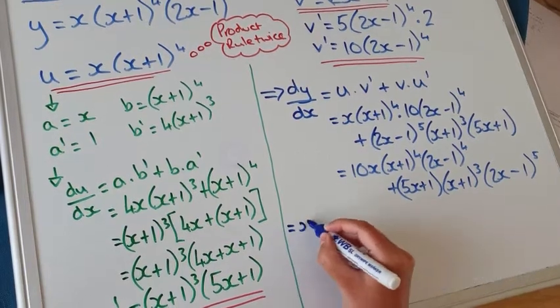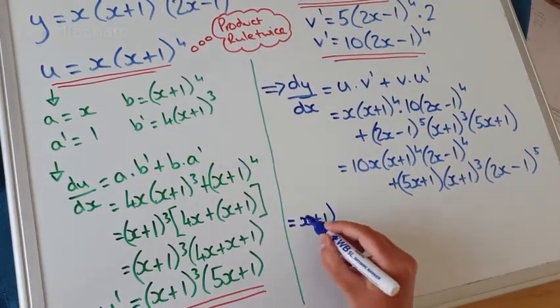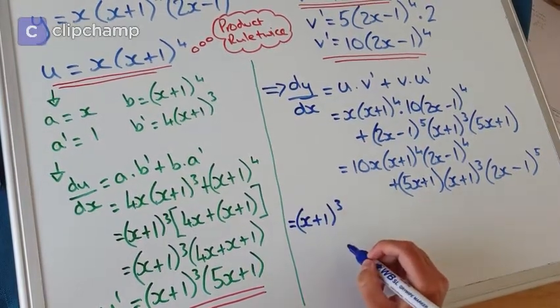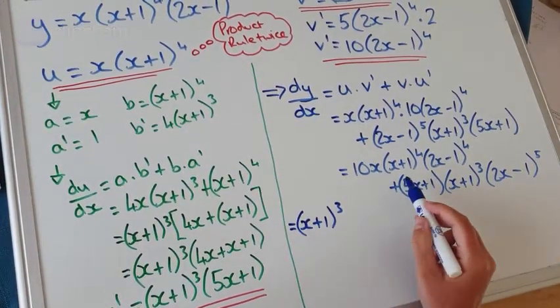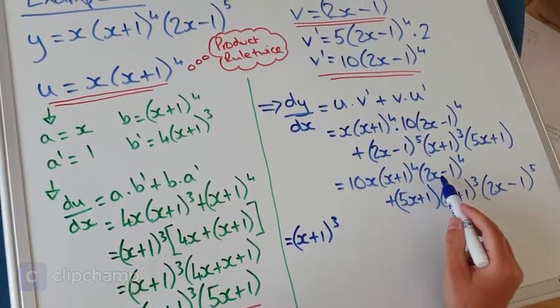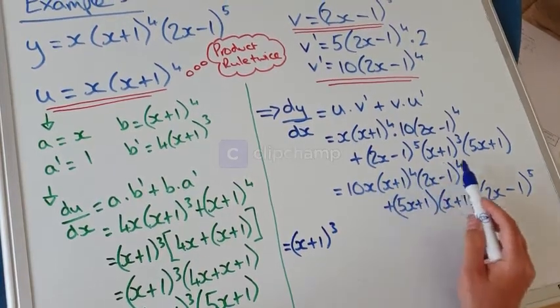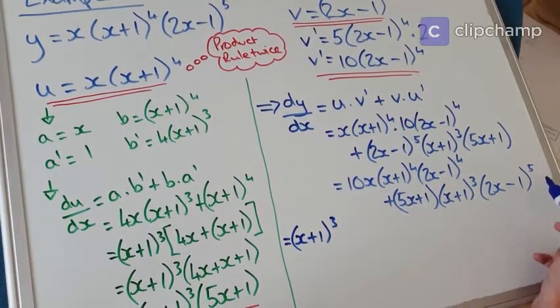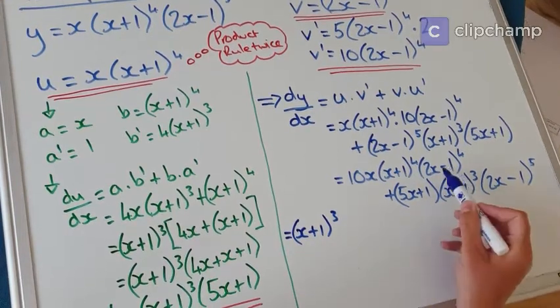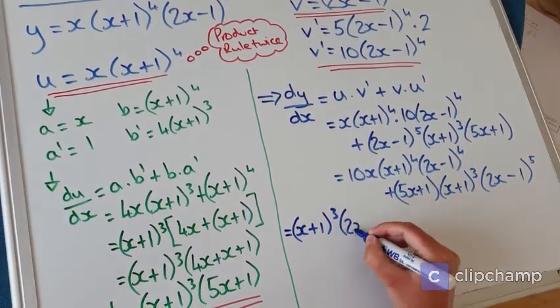So I can take out x plus 1 to the power of 3. Okay, and if I check this one as well, I've got 2x minus 1 to the 4 in the first term, and I've got 2x minus 1 to the 5 in the second term. So I can take out 2x minus 1 to the 4,